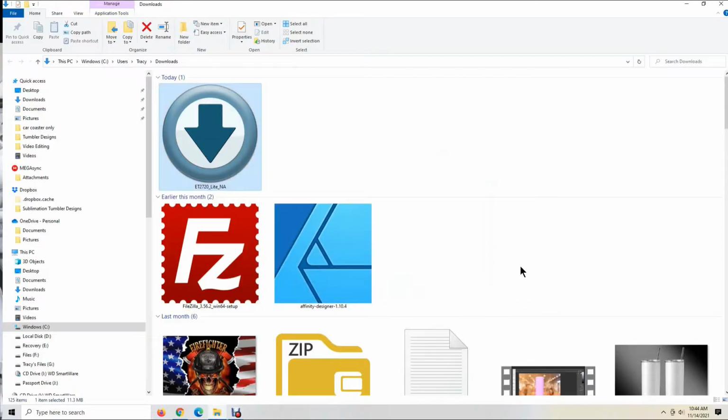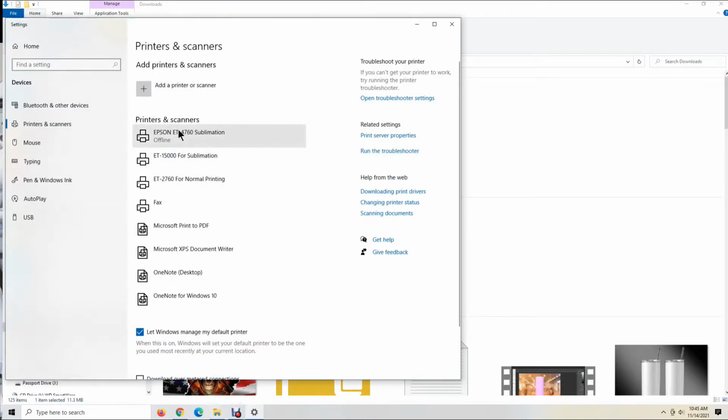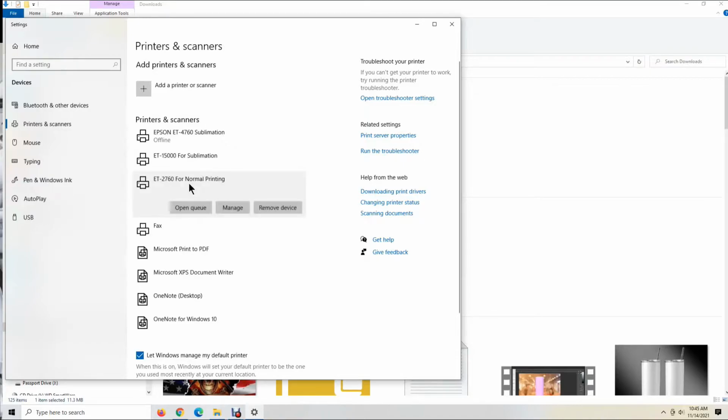Alright, so after you have it set up, you need to set your printer properties. So you'll go down here and type in printers and click on printers and scanners. Okay, as you can see, I have 3 printers installed. I've got a 2760, a 15,000, and a 4760. Now yours is not going to say this, normal print and sublimation. It's going to say something different like series, network, or something like that. I can't remember. So click on your printer, go to manage,